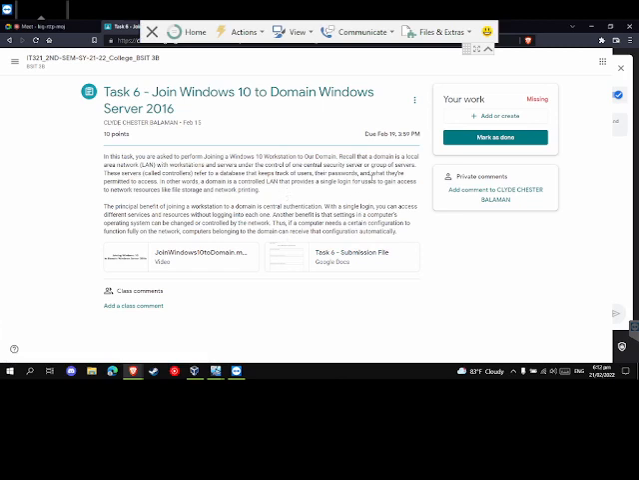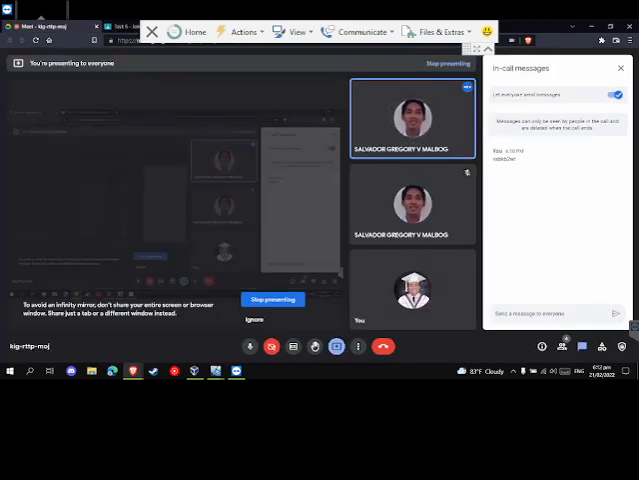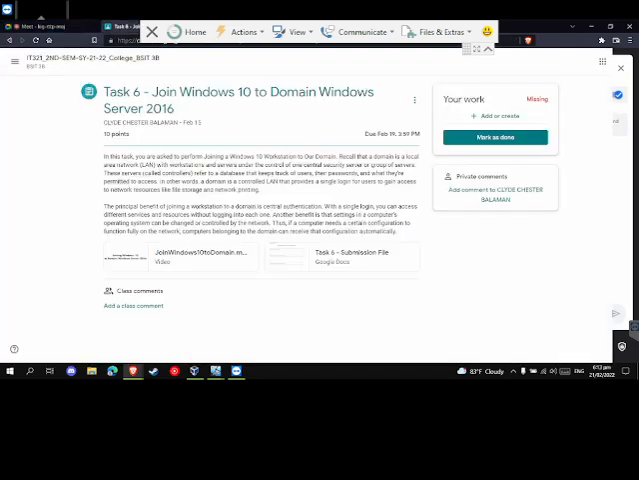We call it a domain, a local area network or LAN with workstations and servers under the control of one central security server or a group of servers. These servers, called controllers, refer to a database that keeps track of users, their passwords, and what they're permitted to access, like network resources such as file storage and